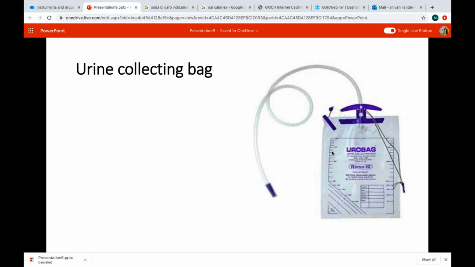Whenever a patient is in shock, the body will try to preserve blood flow to certain vital organs, and kidney is one of the vital organs. So brain, heart, kidney, these three are the vital organs, and we can effectively measure the renal perfusion by measuring the urine output. So this is where the Euro bag is used. In an unconscious child who is incontinent, or in a sick child, a child in shock, a child with severe dehydration, where you want to see the urine output because the child might be going into renal failure. One is for renal perfusion in shock, and the other is whenever you suspect renal failure and you have to measure urine output.